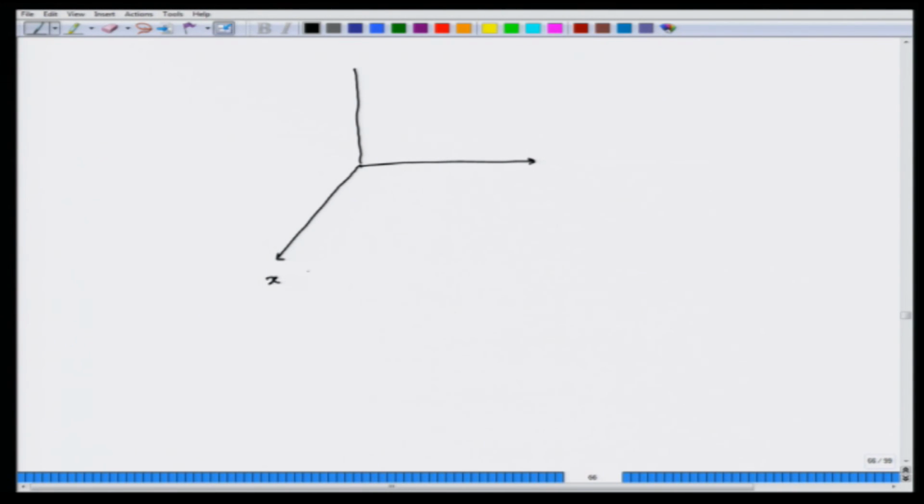So, take this x axis, this is a y axis, and this is a z axis. You take some sort of a line, y equal to a x or z equal to a x. So, you take this line z equal to a x,